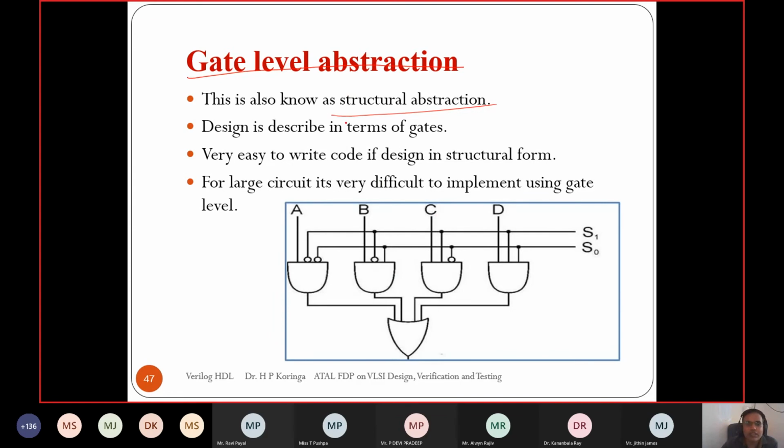The design is described in terms of connected logic gates. It is easy to write the code if the design is available in the form of a logic gate netlist. For a large circuit, it is difficult to implement.